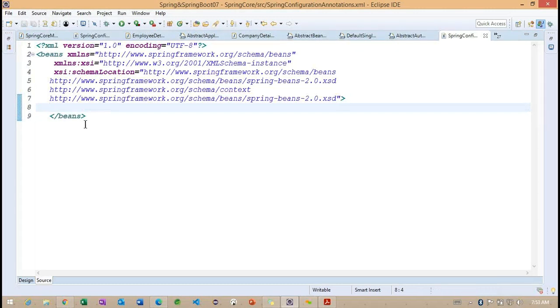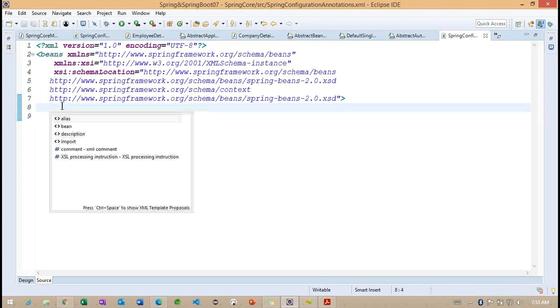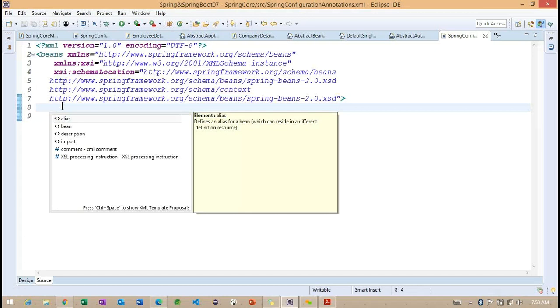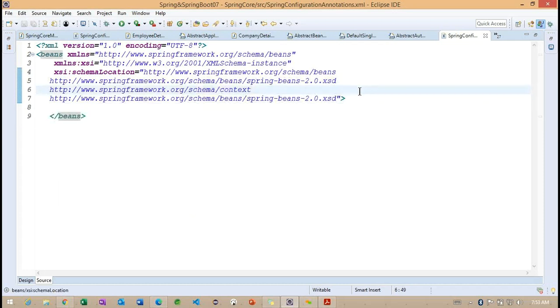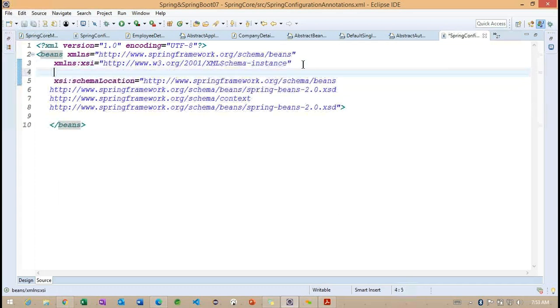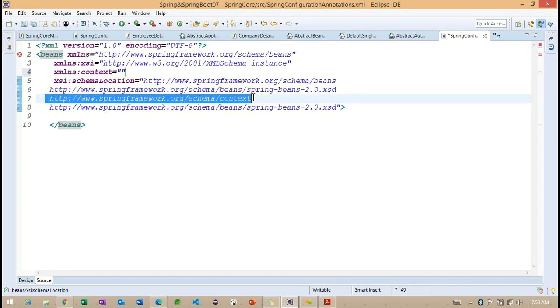These sections are very important. Now you can see if I press control space, how much information are we getting? Alias, bean, description, and import. Right. But now I want to add one more thing, xmlns:context, equal to this particular context.